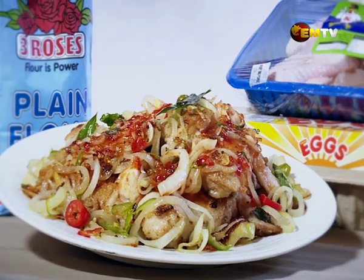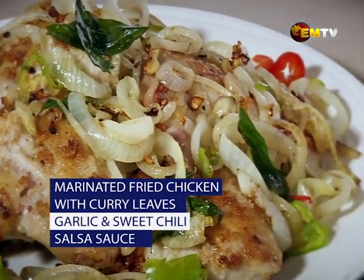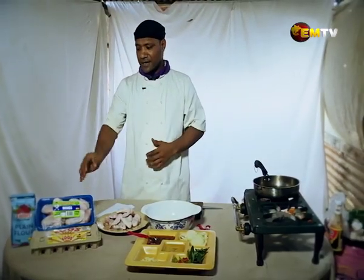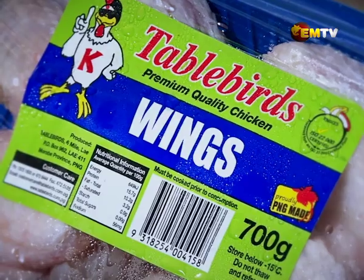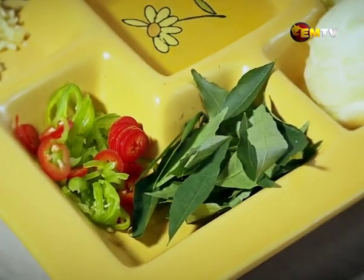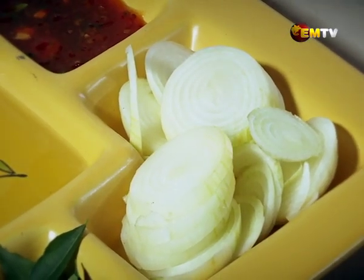Hello once again, viewers. My name is Chef Norman Gaigo. Today I'll be cooking a chicken wing dish: a fried marinated chicken with curry leaves, garlic and mango cherry salsa. In front of me I have all my cooking ingredients. I have 3 Roses flour. I have Table Birds chicken wings, which is 700 grams. I have some chopped garlic, some chopped fresh chili, coriander, curry leaves, round sliced onion, and the chili salsa,